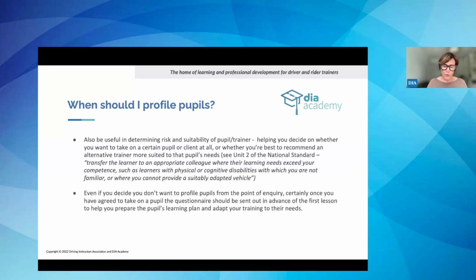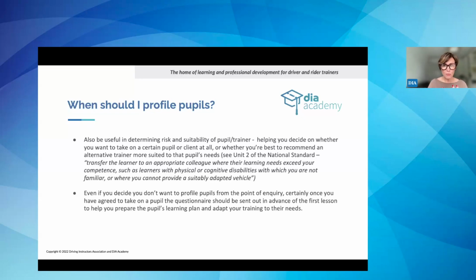So if you, through this profiler, get an understanding that this pupil is not for you and you are not for them, that can help you be compliant with Unit 2, where you need to transfer the learner to an appropriate colleague where their learning needs can be better met. And this could be to do with a pupil who's got fixed physical and cognitive disabilities, which need adaptation in the learning process, and you haven't got the suitable vehicle to do that or the wherewithal.